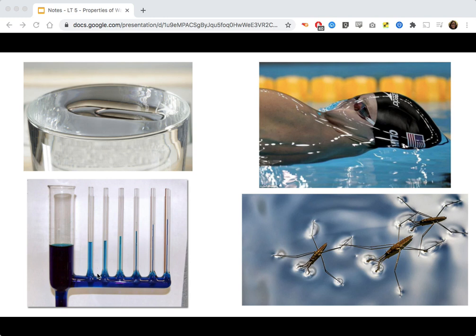Capillary action occurs when adhesion is occurring between water molecules and the glass of these tubes. And what's interesting is that as the size of these tubes decrease, what do you notice about the relative volume of water? You can see that the height of the water increases as the tube decreases in size. And this is essentially what's happening when we think again about xylem and trees. Because the xylem channels are so small, it allows this process of cohesion and adhesion to pull that water up those biological tubes.